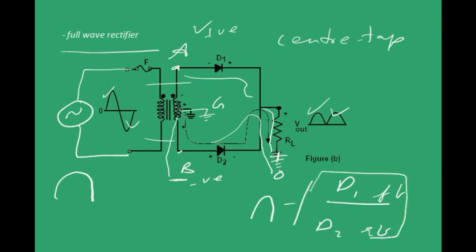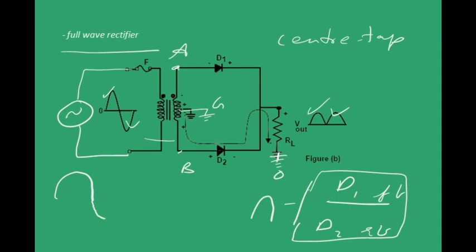So for the positive half of the cycle, D1 conducts and D2 is reverse biased, and hence the current goes this way. You are not going to get any current passing through D2. That's how you get the positive half of the cycle. For the negative half of the cycle, which is in this way, B is at higher potential, right? Since this is grounded in the middle, B will be positive and hence A will be negative, that is, lower potential. What does it mean? Here B is positive, that is, higher potential, and it goes like this, and here it is grounded, right?